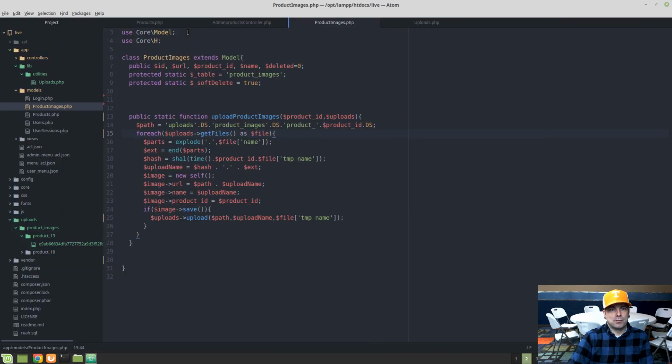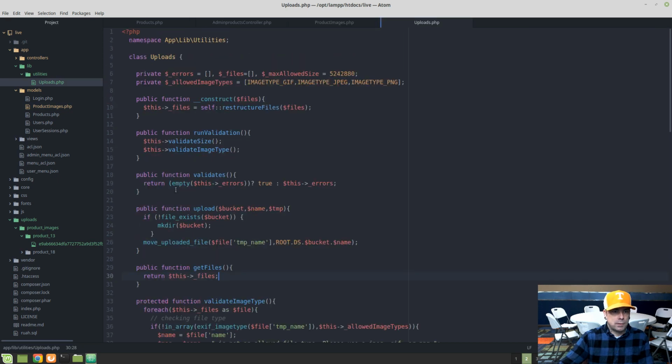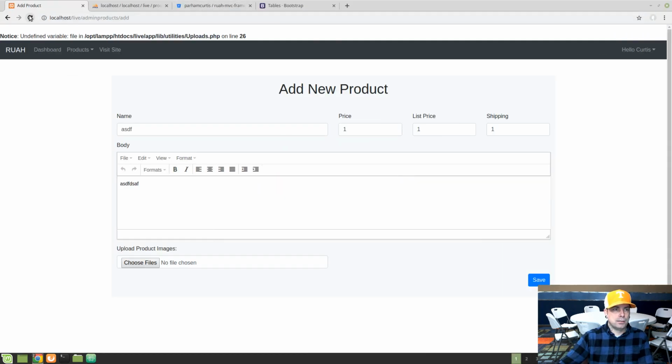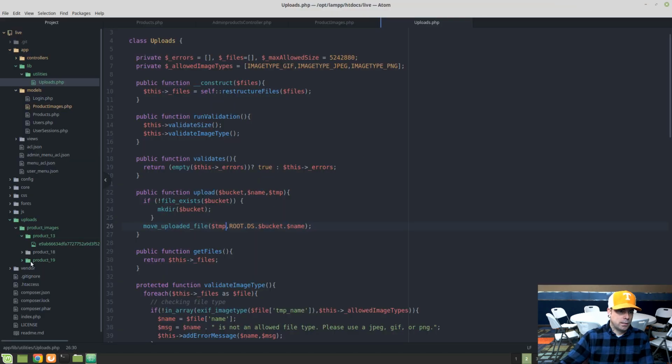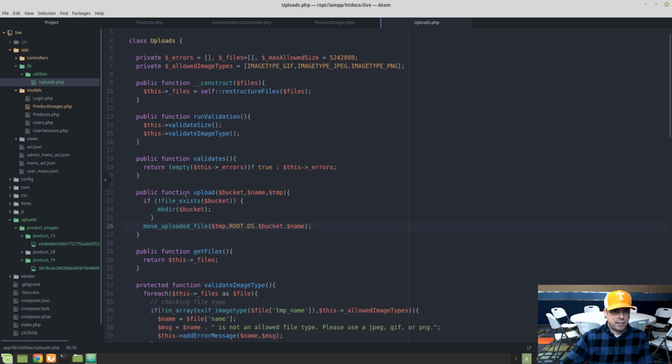Undefined variable file on line 26. Yep, that's because I didn't replace this with our variable that we passed in. So we just passed in temp there. So let's try again. So no errors that time. And boom. There is our image. It uploaded. I'm not saying it's perfect yet, but